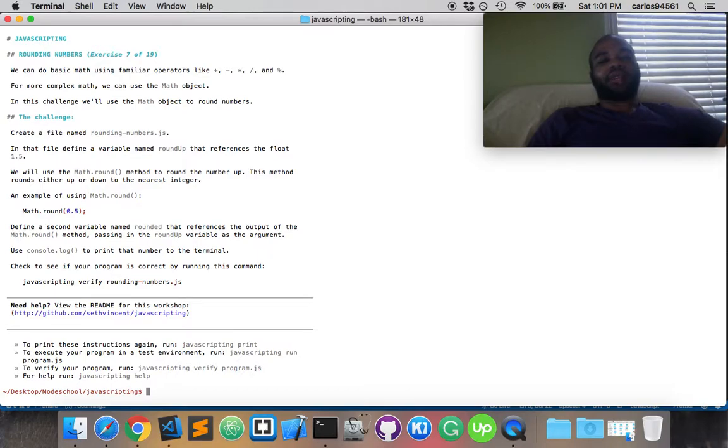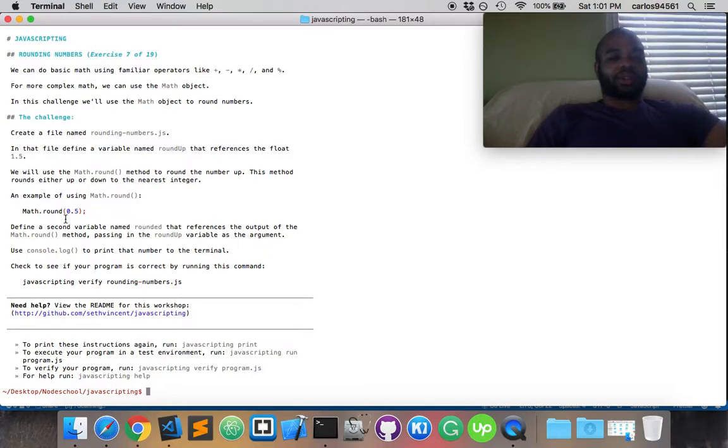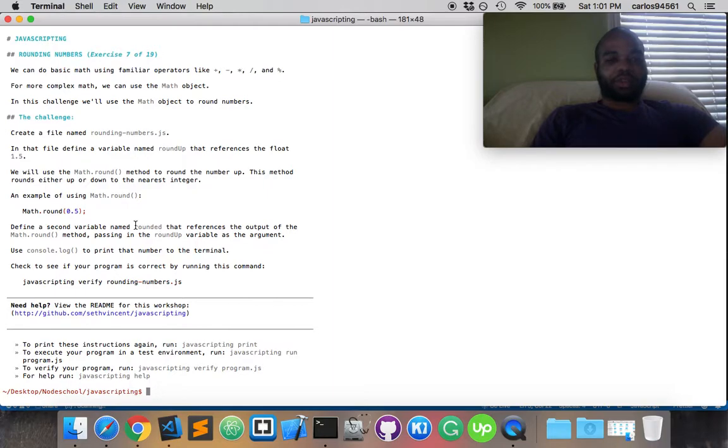rounding-numbers.js. In that file, we'll define a variable named roundup that references the float 1.5. We will use the Math.round method to round the number up. This method rounds either up or down to the nearest integer. An example of using Math.round is this one. Define a second variable named rounded that references the output of the Math.round. Console log, javascripting verify. Okay, so we'll create a file named